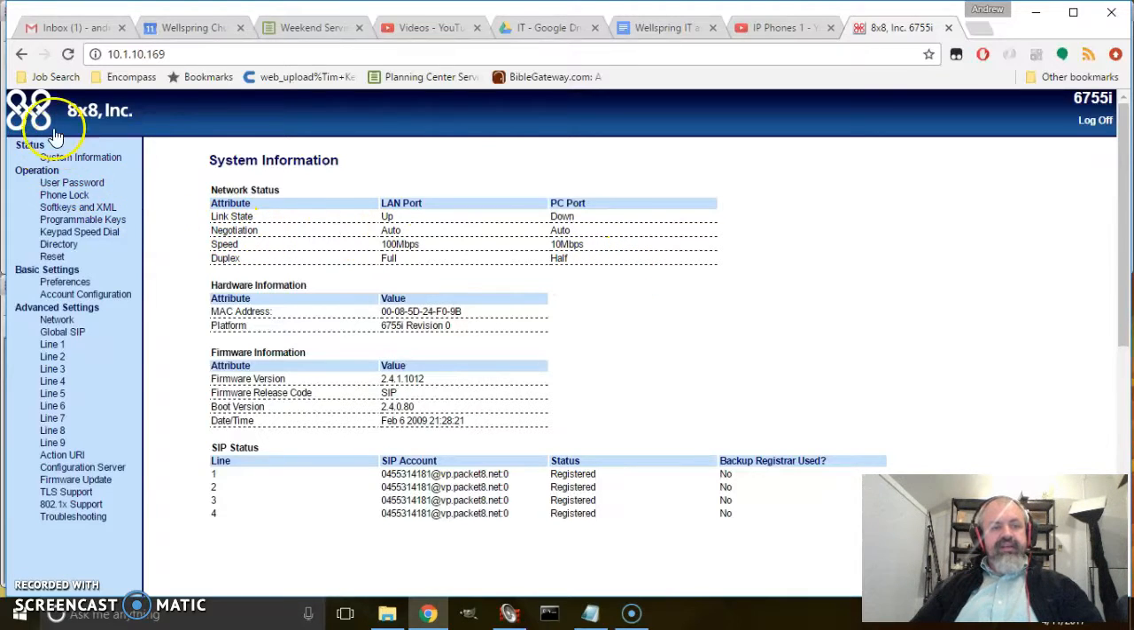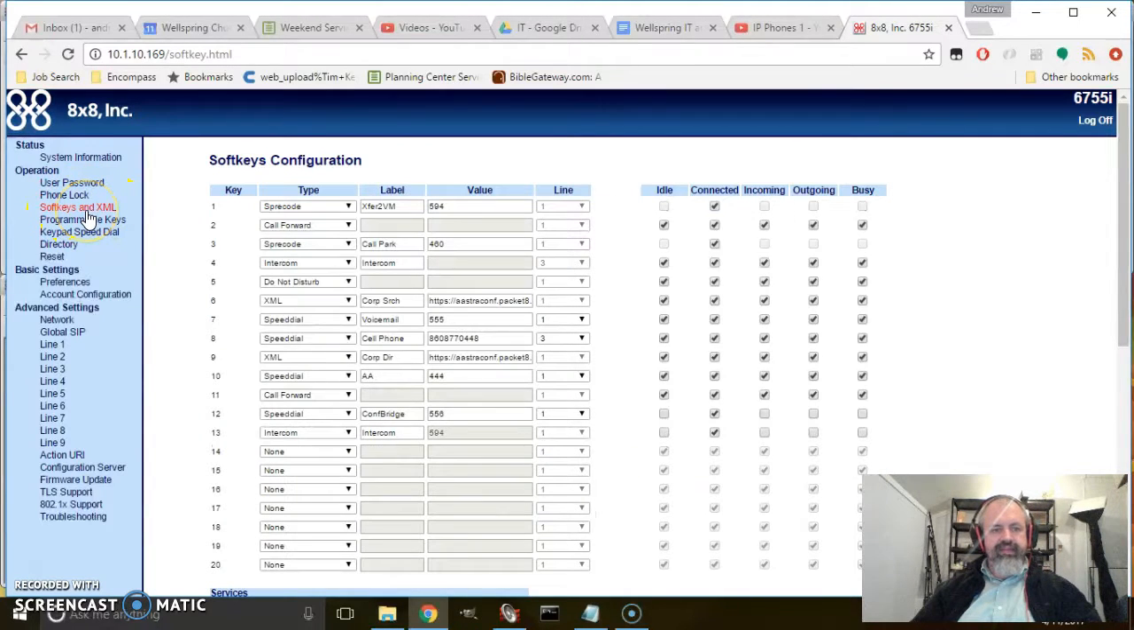Okay, and so then you see here, this is all the stuff that you can configure on the phone from within this menu. Okay, so the first area that we care about here is this soft keys and XML. So I'll click on that and see what that does. So this defines all the menus that we have on each phone. So we can do things like set up dial home or whatever, but you see here we have